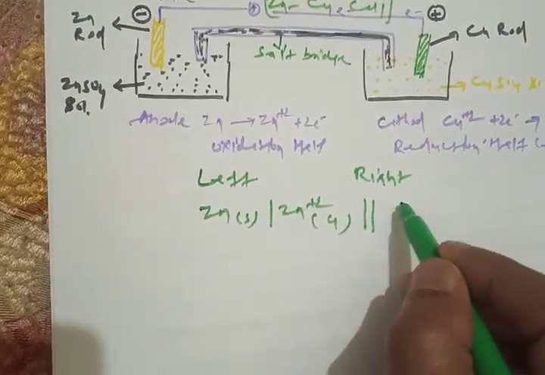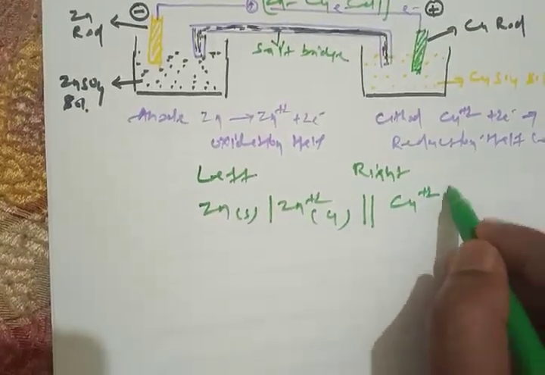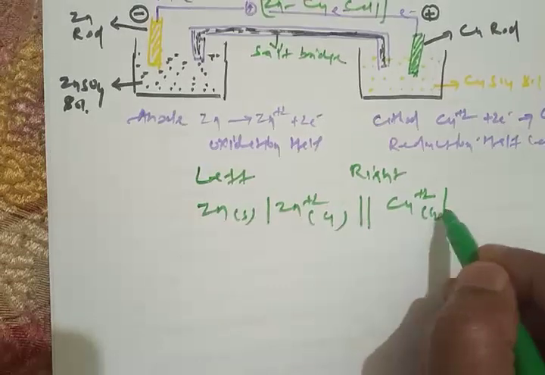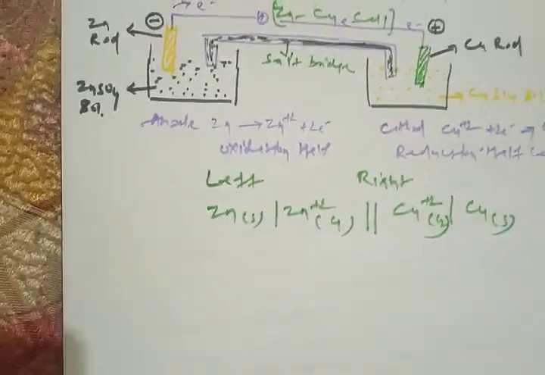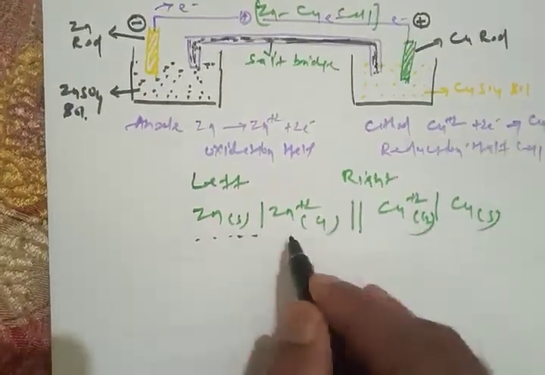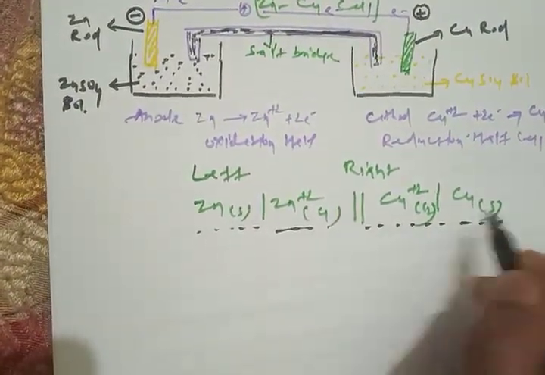On the right side, reduction occurs: copper plus 2 with concentration C2, then copper solid. This is the cell schematic representation